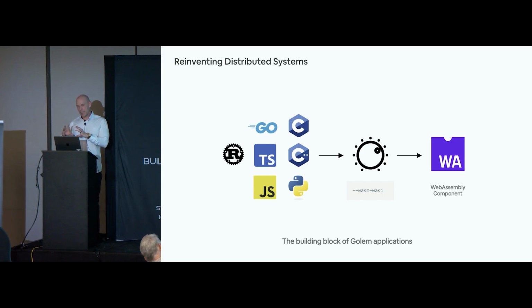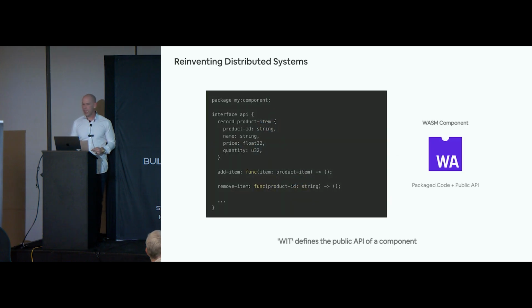And it's not true that a WebAssembly component is merely an arbitrary blob of your own code written in whatever language you want, compiled to WASM. There's actually an extra detail that turns out to be very important to understanding things like Golem, and that is every WASM component is allowed to have a public API. And you can think of this public API as being a subset of your code that you want to make available to the outside for purposes of calling.